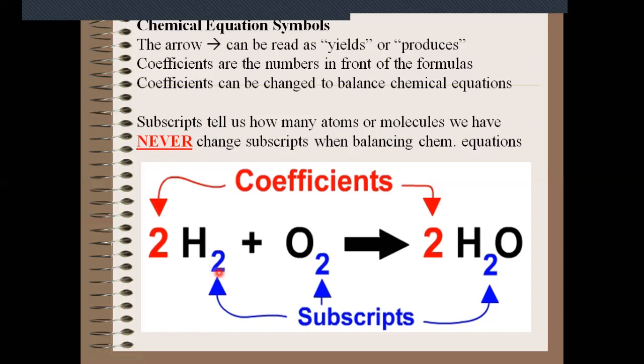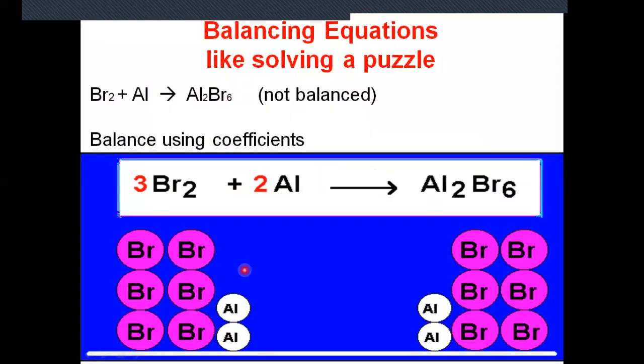While balancing a chemical reaction, remember students, we never change these subscripts, and we cannot change the chemical formula of a molecule or a compound. We can just change the coefficients. Clear? Students, to balance a chemical equation, we cannot change these subscripts. We can only change these coefficients to balance a chemical equation.